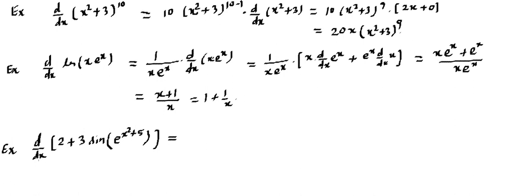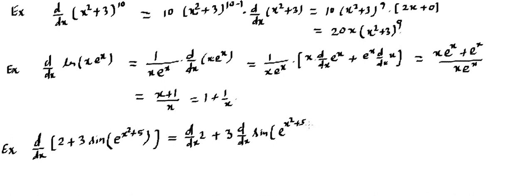So first this differentiation will go in the two terms, the first term and the second term. So we write it's going to be d upon dx of 2, which is 0, plus d upon dx of this number. 3 is a constant as a multiple, so the multiple constant will come outside. We need to apply d upon dx on this sine function. Inside this sine is e, inside this e is x square plus 5.